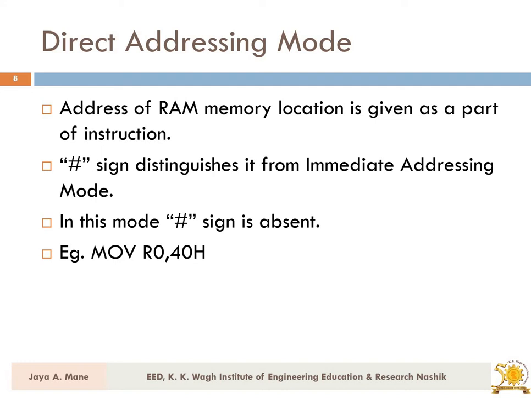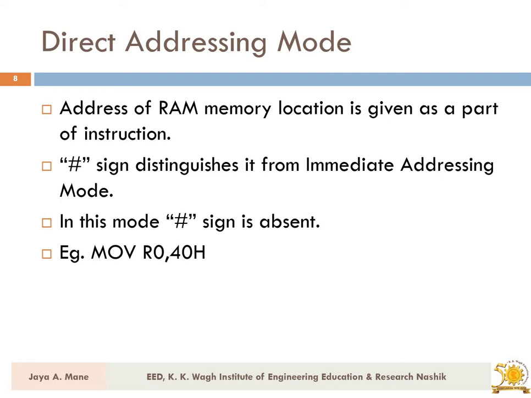Like we have seen in immediate addressing mode, if you provide data with the hash sign, that indicates it is data. If you remove that hash sign from it, it will indicate the address of that location. So direct addressing mode is that one: simply in the instruction we have removed the hash sign. In immediate addressing, we use the hash sign to denote that it is data that directly needs to be used for whichever operation you are performing. In direct addressing mode, the hash sign is absent. So that indicates that whichever number is there, it is not the data, it is the address.